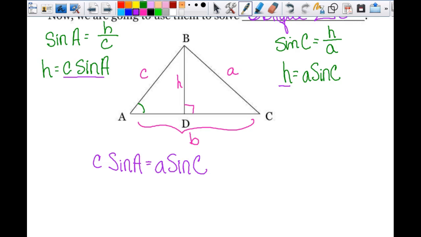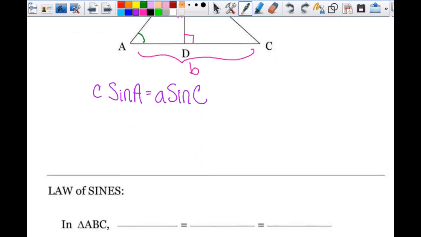Does it matter if your letters are capital or lowercase here? Absolutely, because they represent different things, right? So what I would like to do is we're going to take this and divide both sides by, well, I just want the sines, we're going to get fractions. I was debating on how to actually do this. Technically, you can divide through both by A times C, but that just seems a little bit weird. But if I divide both sides by C, what happens over here? This cancels out. If I divide both sides by little a, this one cancels out and I get it in the denominator, right? So if I do that, what I end up with is the sine of A